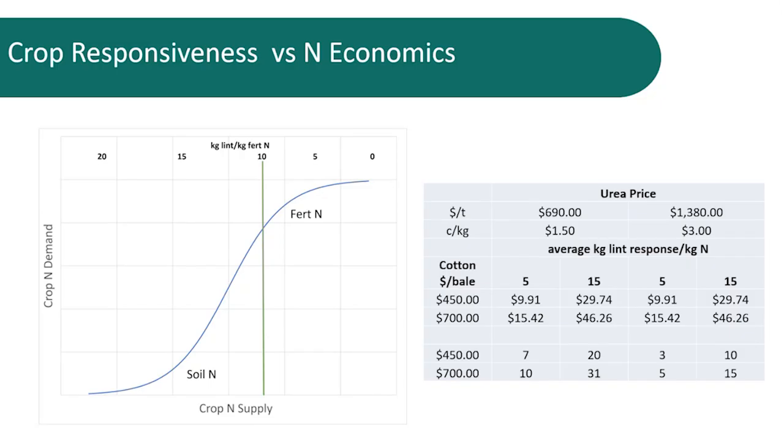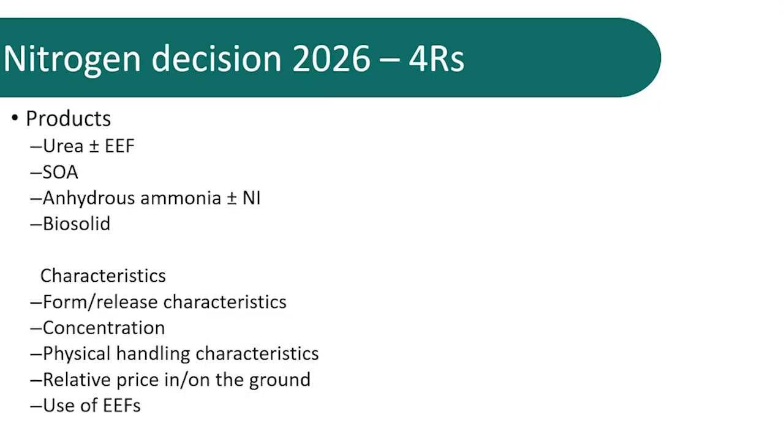So if nitrogen prices are our only concern, then just looking for paddocks that are going to respond to nitrogen and are going to have good efficiency and be able to produce high amounts of lint per kilogram of N, then it makes sense to continue on. So let's look at what our decisions are as far as products, rates, timing. So products, urea,